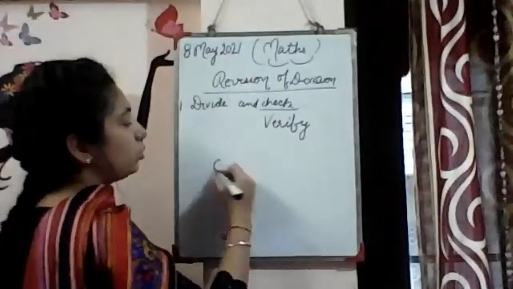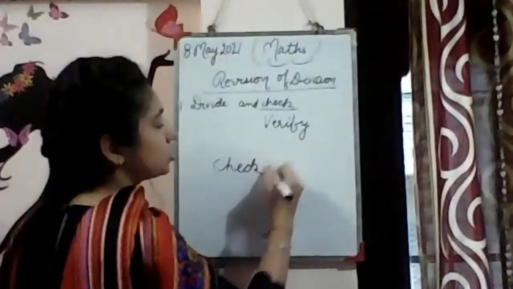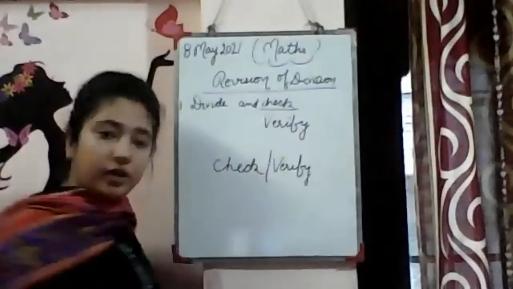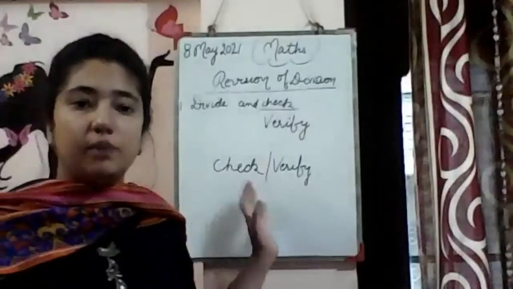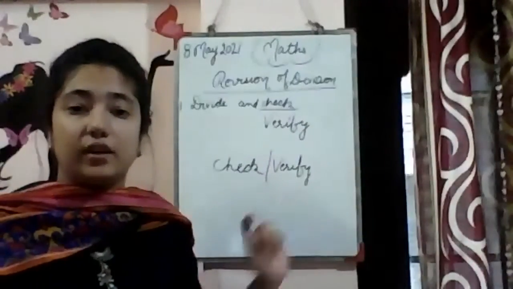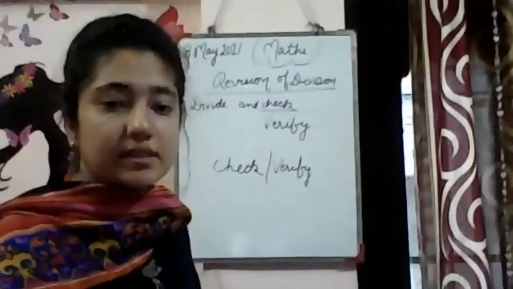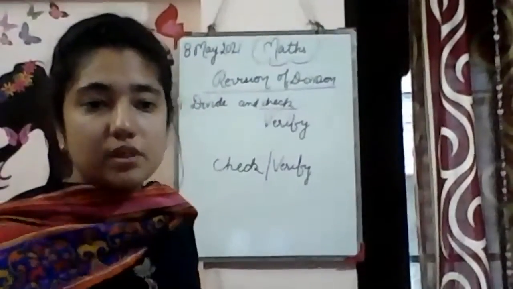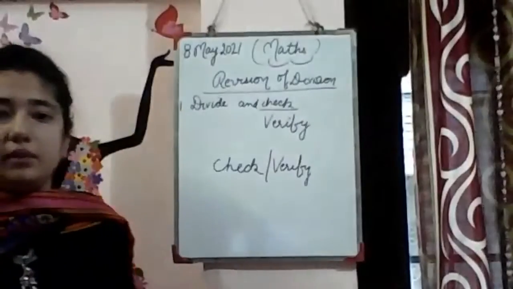So the two words are same. First is check and other is verify. So the statement can come in the form of divide and check or divide and verify. Clear? So these are the two words that you should remember. Bache, don't get confused about what verify means. Okay,